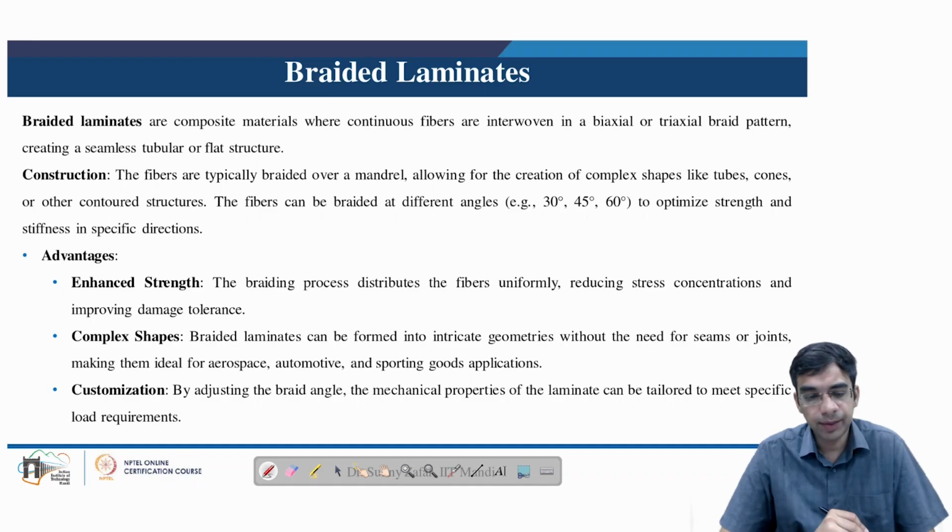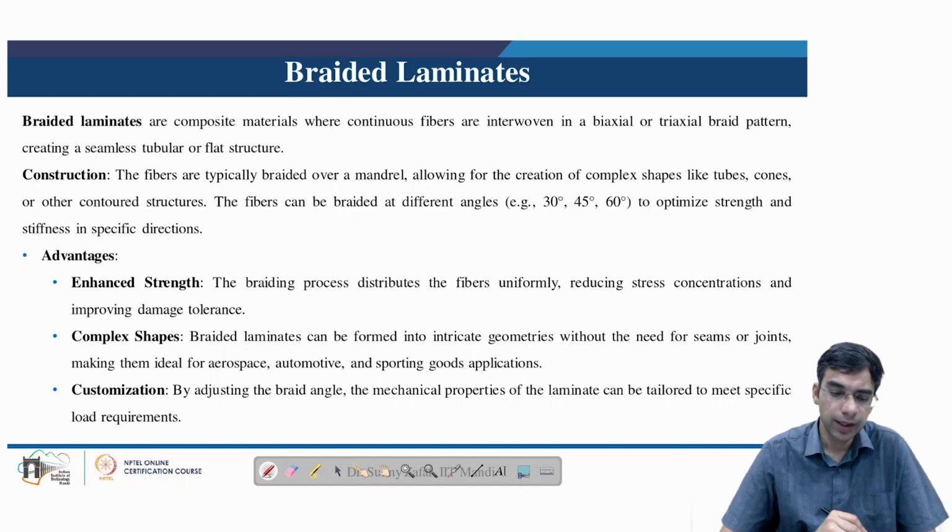Next are the braided laminates. Braided laminates are composite materials where continuous fibers are interwoven in a biaxial or triaxial braid pattern, creating a seamless tubular or flat structure. In the construction of braided laminates, the fibers are typically braided over a mandrel, allowing for creation of complex shapes such as tubes, cones, or other contoured structures. The fibers can be braided at different angles, for example 30 degrees, 45 degrees, 60 degrees to optimize strength and